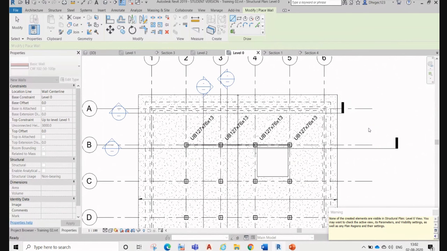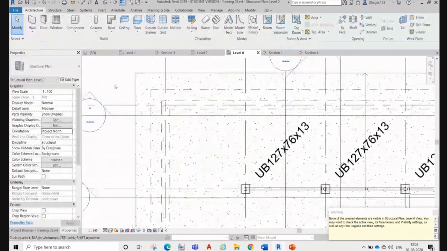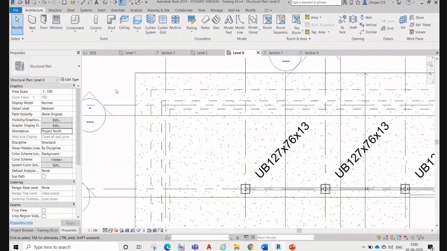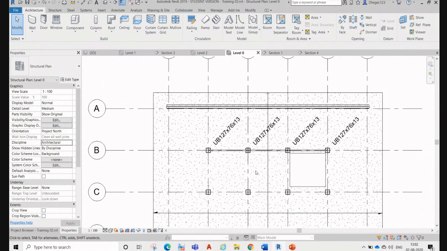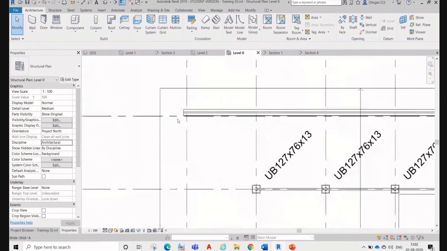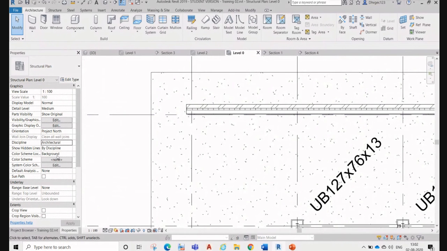You can see we cannot see that wall. Why? Because this is our structural template. For that purpose we have to choose the discipline here instead of structural. If we select architectural, we cannot see the structural members, like slab, column, anything.